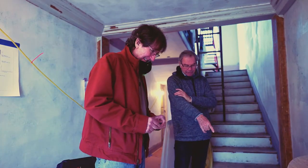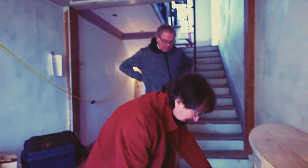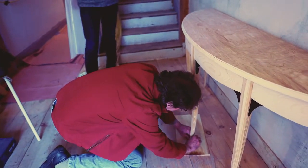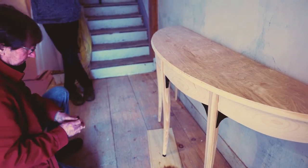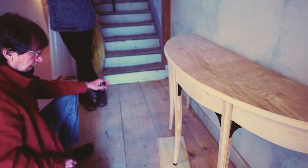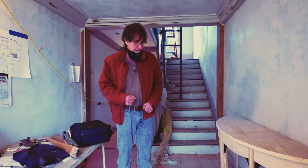And these are going to get ebony feet? Yeah, I brought along some black tape to approximate that, so we could go around and put it on all of them. And the height of this all. So that would be ebony or rosewood? Well, the rosewood I have is very dark. The form of it